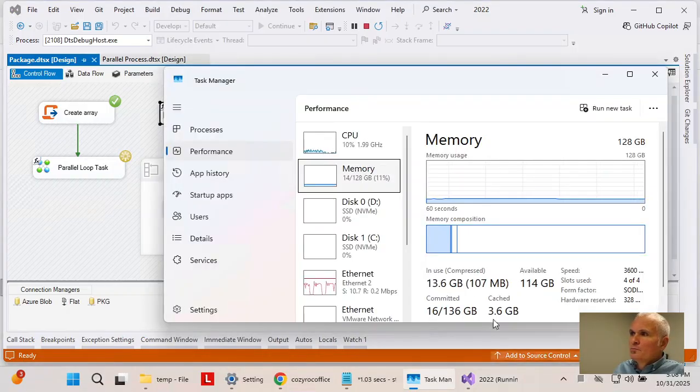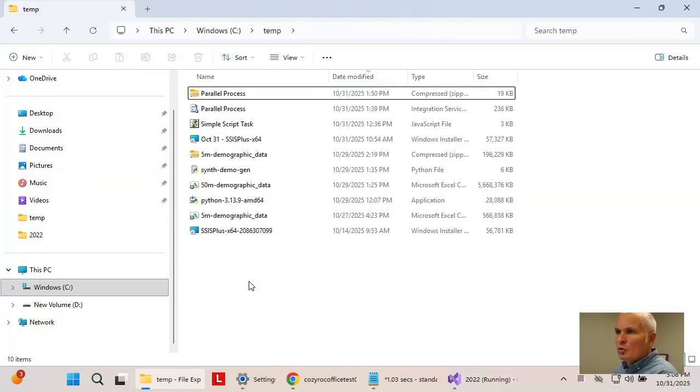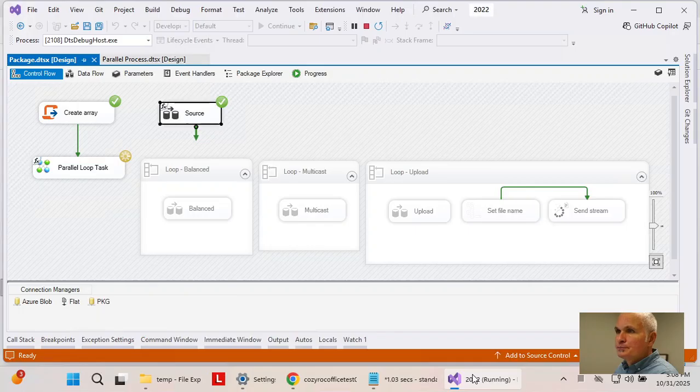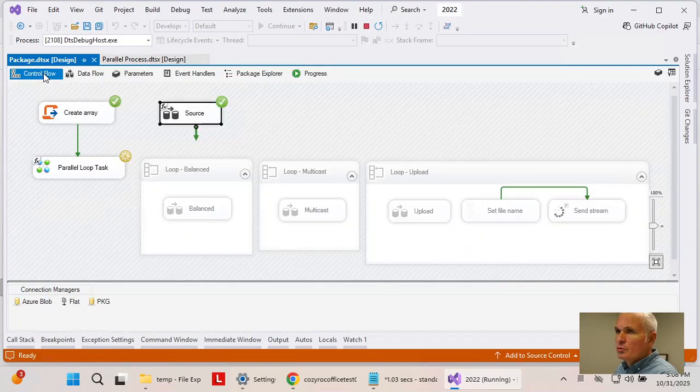But again, the memory is pretty much not changing. We are doing very efficient processing right now without much memory consumption, and we are utilizing as much as possible this powerful machine that we are running right now. No intermediate files, and let's just wait for this to complete. This should probably be complete